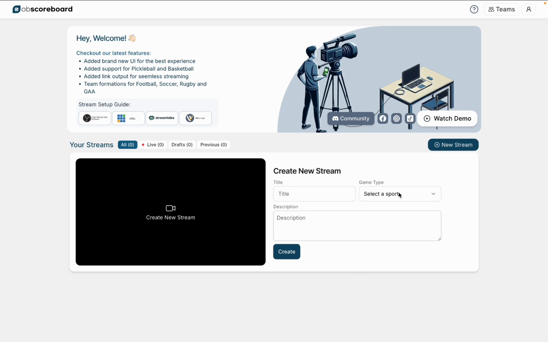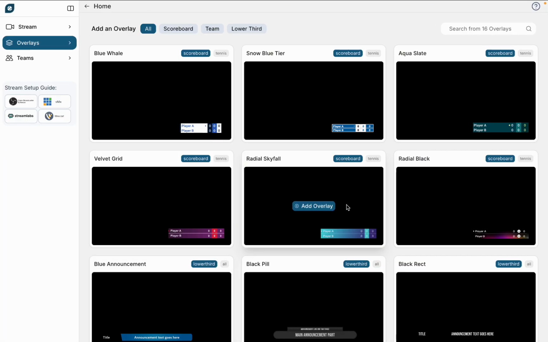So first you're going to select tennis as your game type. You're going to say tennis game as your title or whatever you like, and you can also add a description if you want. Create. Next you're going to add an overlay, so you have the choice of 6 different scoreboards